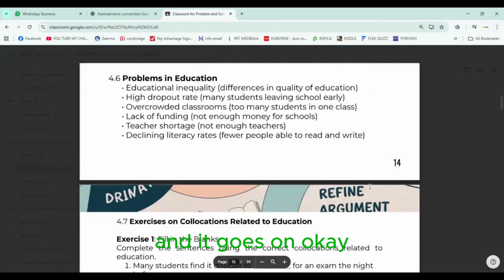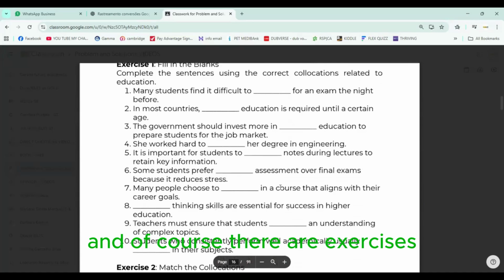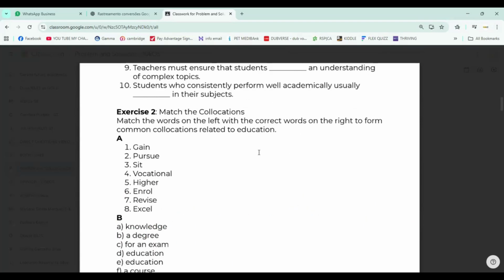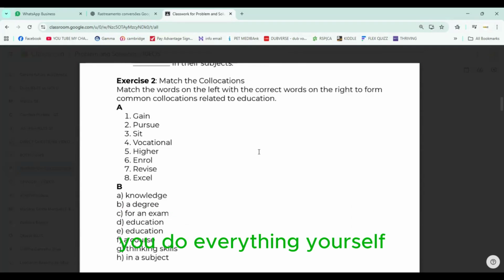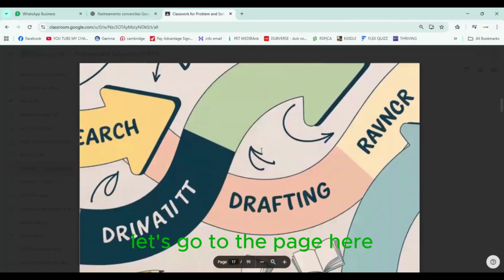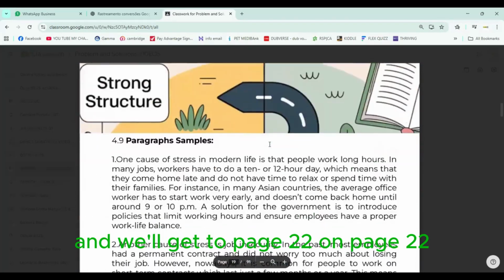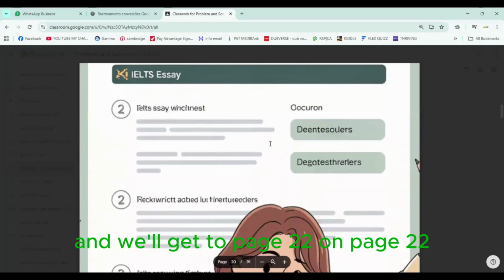And it goes on, okay? And of course, there are exercises, and the answers are at the end of the book. You do everything yourself. Let's go to the page here, more exercises, and we'll get to page 22. On page 22,